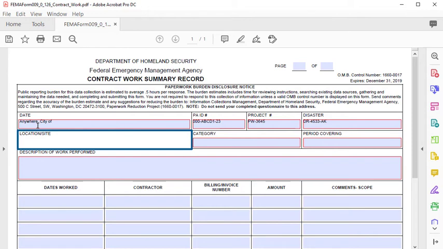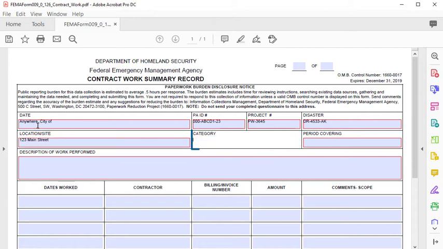Next is the location or site. If this summary is for work at a specific site, enter the site name. For multiple sites, enter all of the site names that were worked on under the contracts listed. Next is category. FEMA has 7 broad categories, A through G, to describe public assistance work. If you are unsure of the category, refer to the Public Assistance Program and Policy Guide or consult with your